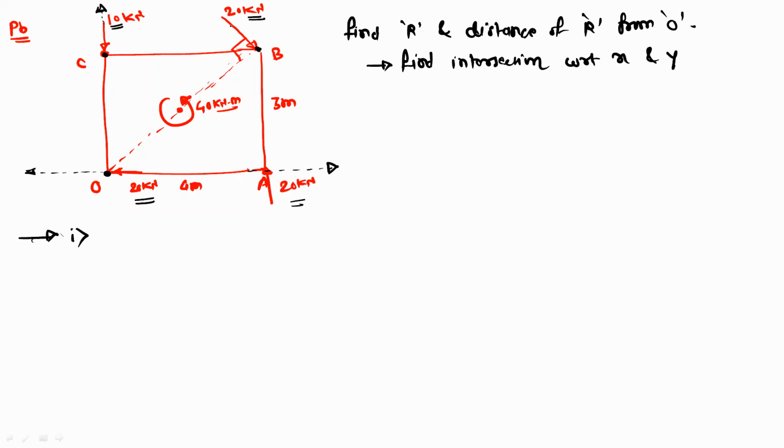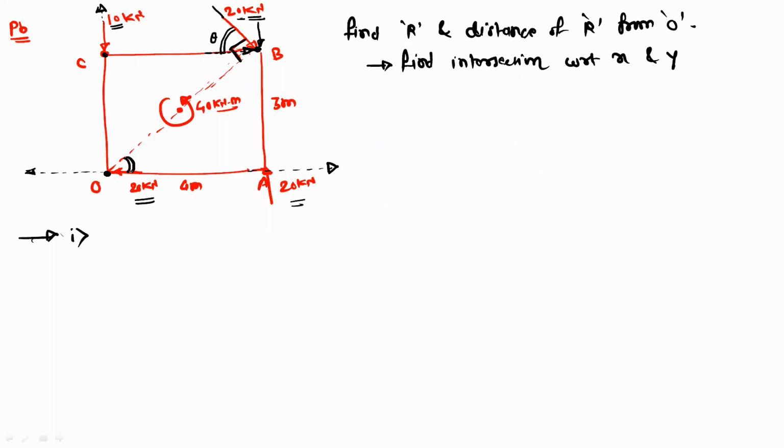So we can resolve this force at this point. This is the x component and this is the y component. Now this angle, 90°, is not given with respect to the x-axis. It is given with respect to the diagonal of this rectangle. So we have to find out the angle of the 20 kilonewton force with respect to the x-axis. Let us take this angle as theta.